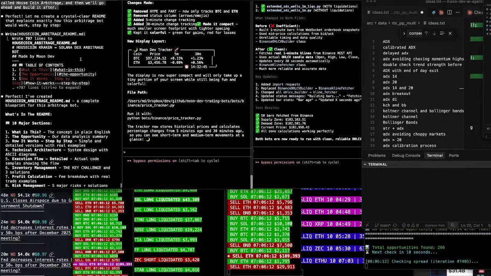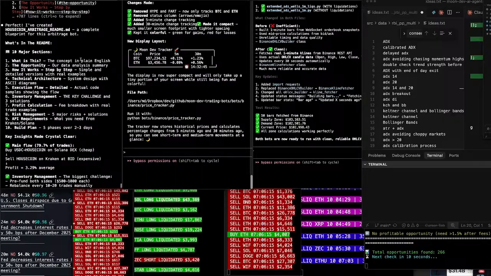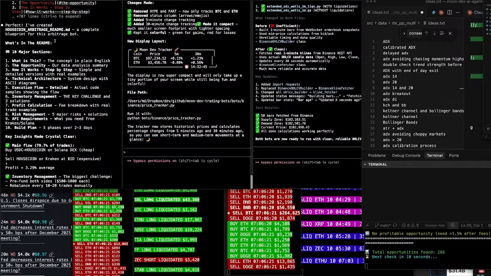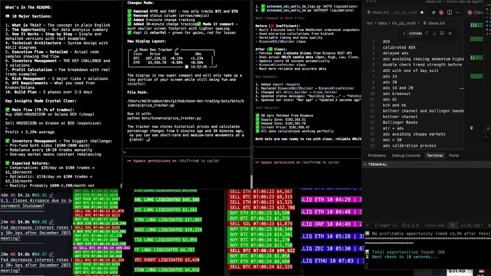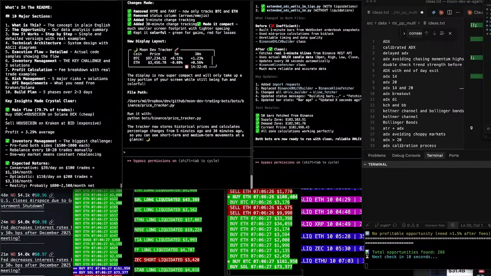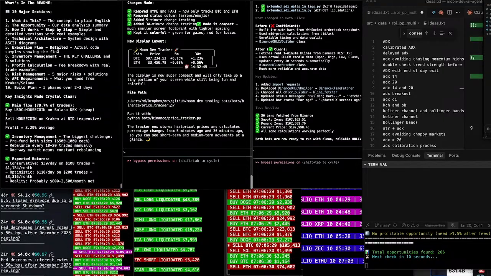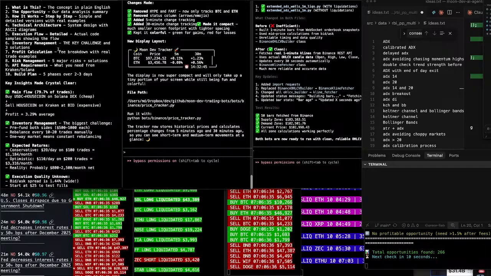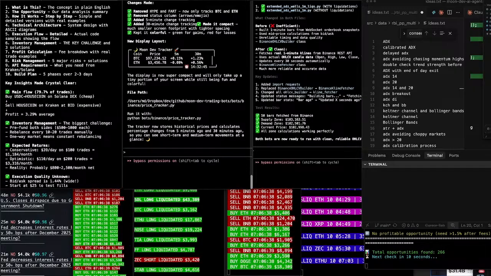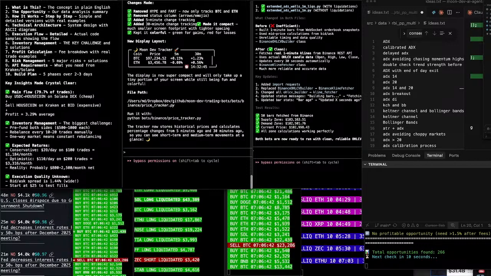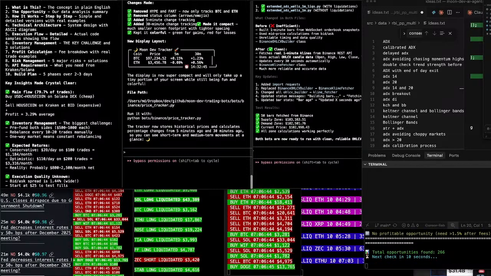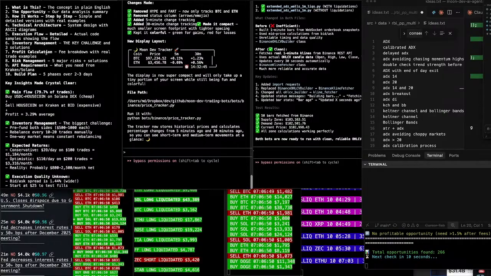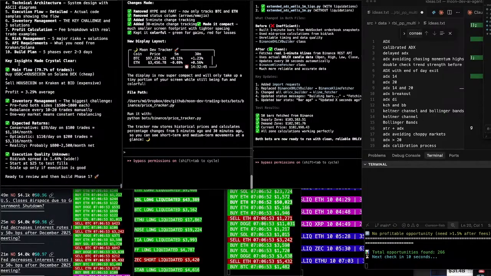Okay, so you can see here, this will tell us exactly what it does. So I've created the arbitrage README, a complete blueprint for this arbitrage strategy. What is this? Concept in plain English. Our data analysis summary, how it works step by step, technical architecture, system design with ASCII diagrams. Don't need that, but okay. Inventory management, the key challenge and 3 solutions: profit calculation, fee breakdown with real trade examples, risk management, 5 major risks plus solutions, API requirements, what you need from Kraken and Solana. Okay, so main flow, key insights made crystal clear.